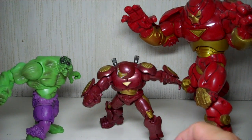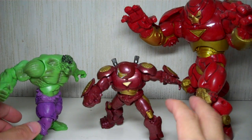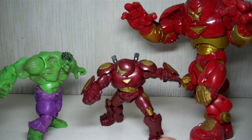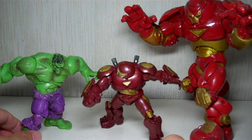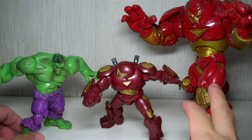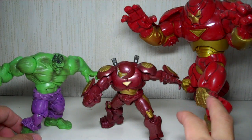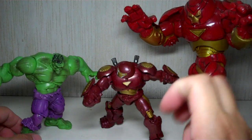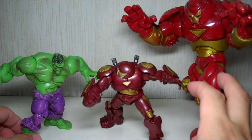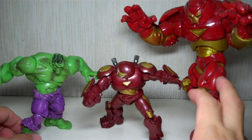Now here I have him with the Marvel Universe Green Hulk. As you can see, he's a little bit smaller in scale than the Hulk. I was hoping he'd be a little bit bigger than the Hulk, just like the one on the right, the 6-inch figure. The 6-inch Toy Biz Hulkbuster armor Iron Man is in the correct scale with the 6-inch movie Hulk. It's much bigger than the 6-inch Hulk,